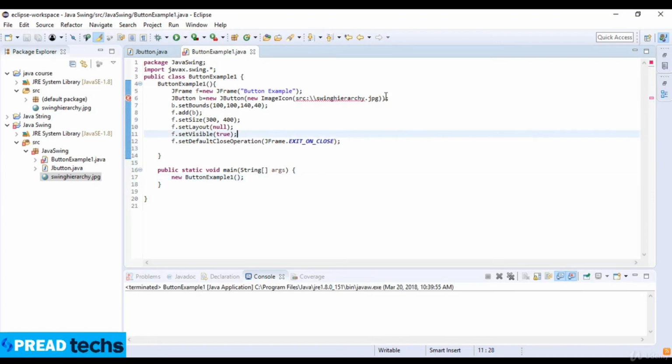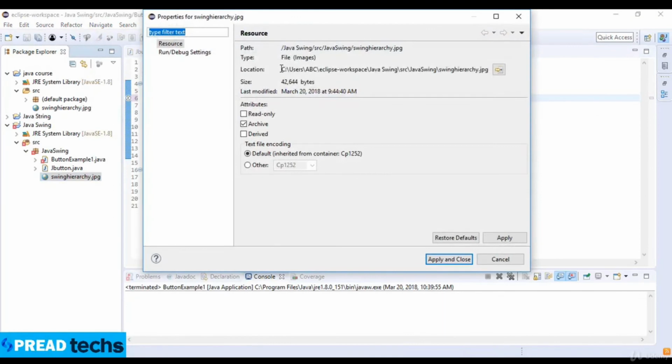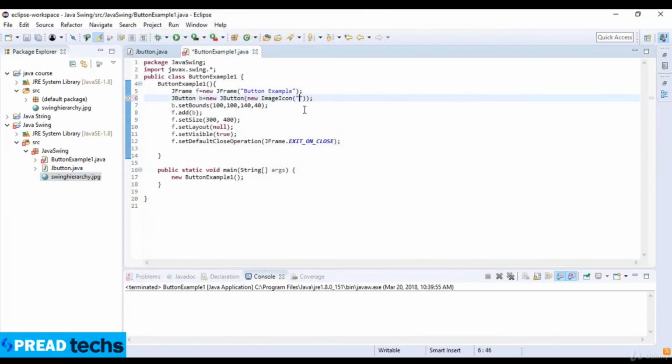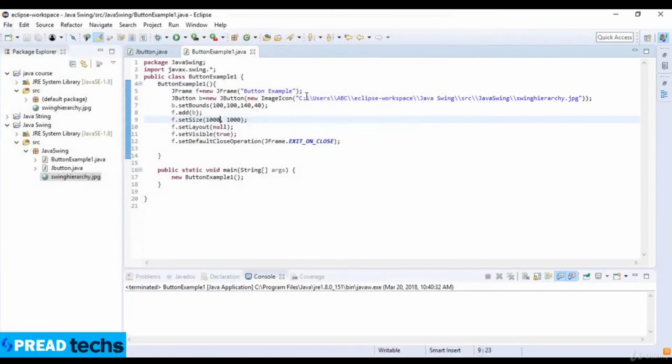So now we come to our image here, and I give it the short link of the image. Go to the image properties, copy the link, and paste it into the string. So I change the size of the frame to 1000 x 1000. Okay, run this code, and the frame size is big,